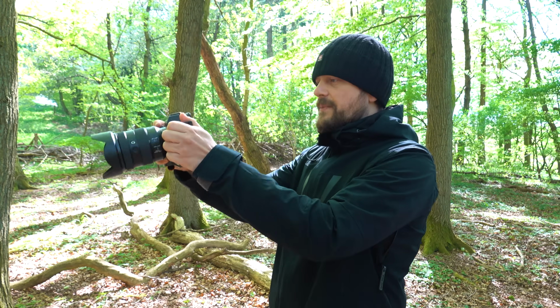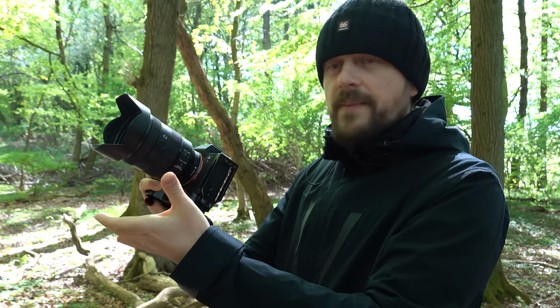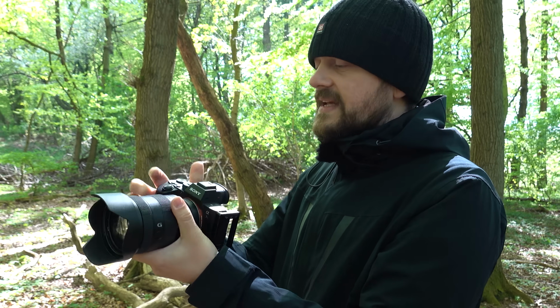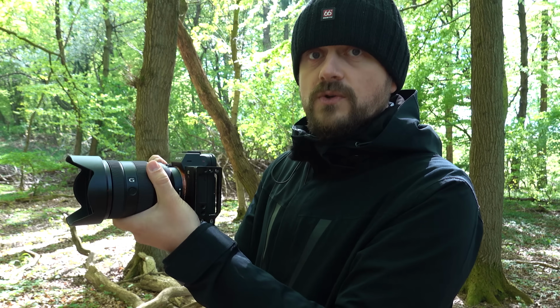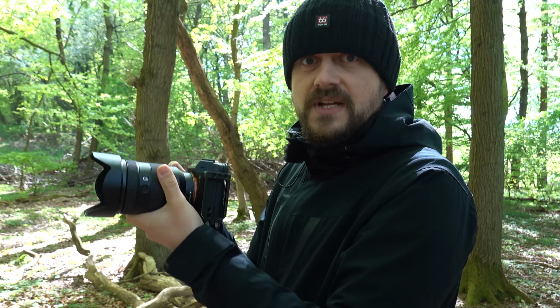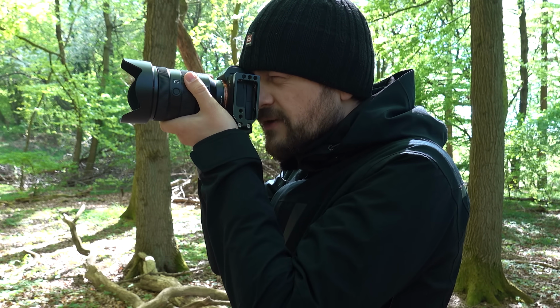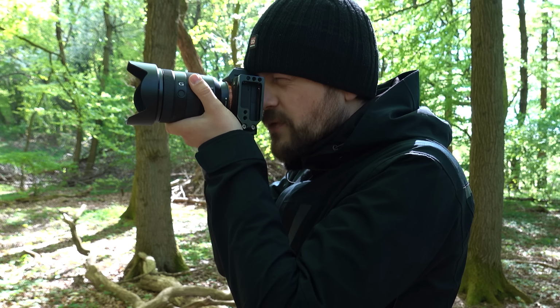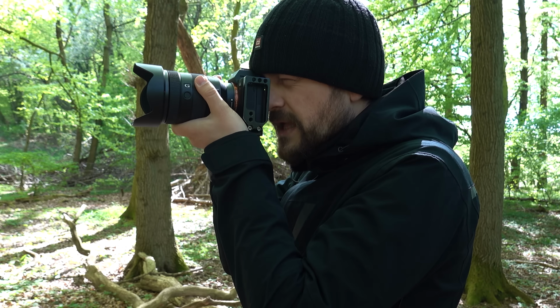Don't stand with your camera out here and try to use the display here. Make sure to grab the camera with one hand on the lens and another one on the grip, and if you absolutely want to use the monitor, keep the camera as close to your center of gravity as possible. Personally, I definitely prefer to keep the camera up to the eye, look through the viewfinder, because then I can rest the camera against my face, and that also helps to keep the camera as steady as